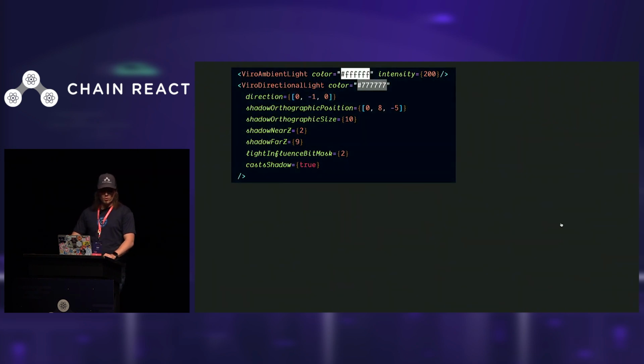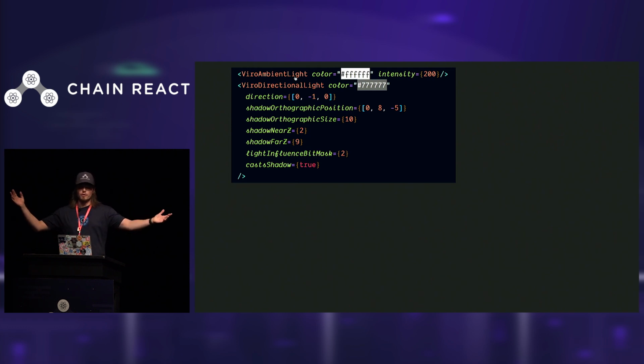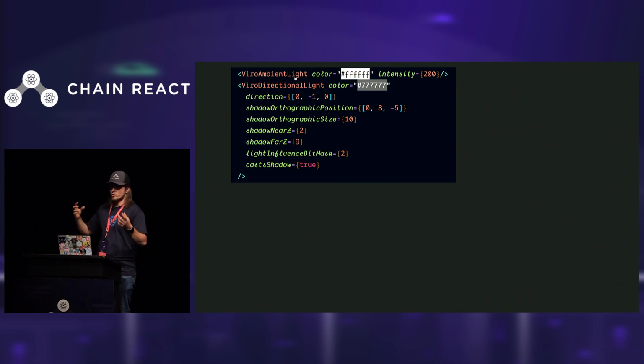In terms of code, it looks like this. So we have an ambient light. We specify the color. We can specify intensity. Ambient light comes from every direction, so we don't have directional information on the light itself. On a directional light, we actually need to specify the direction where it comes from. So we see it comes from